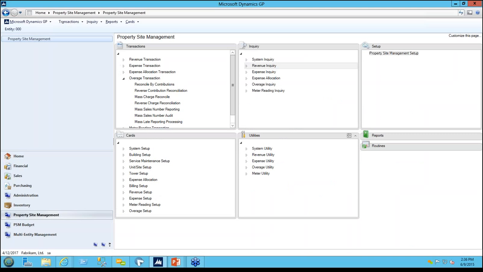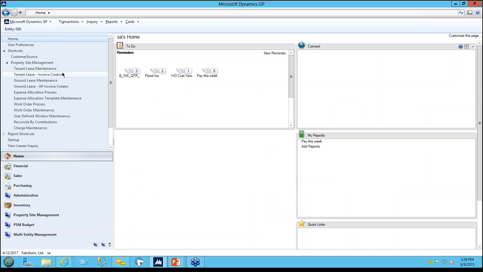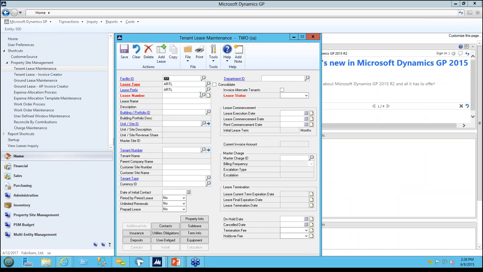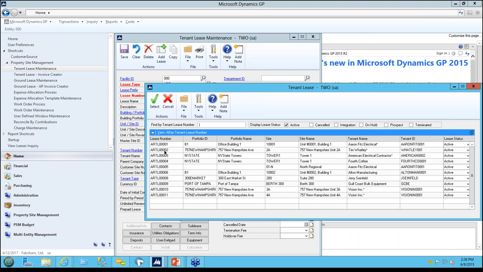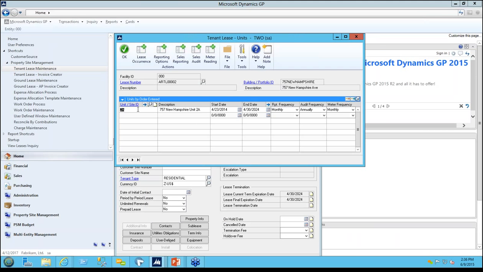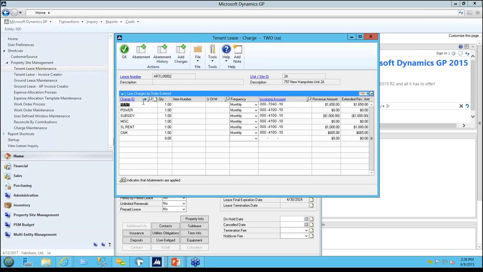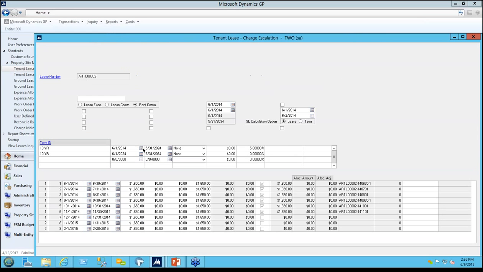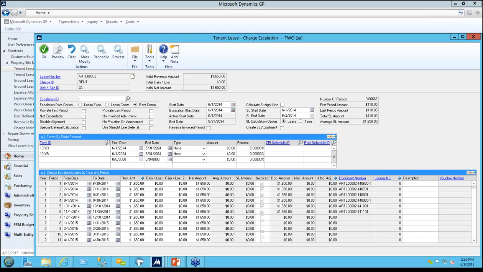Okay, so if we're looking at a lease itself, let me pull up the lease. I'm not going to go into a lot of detail on this, but you can change that escalation. So if I drill back into the lease we were looking at, and when I drill into the escalation for a particular charge, there is the ability in behind here. I can do it manually. I can simply come in, as long as I have not yet invoiced it. Obviously, I can't change these, but I could come in and I could change right here, simply overwrite the amount